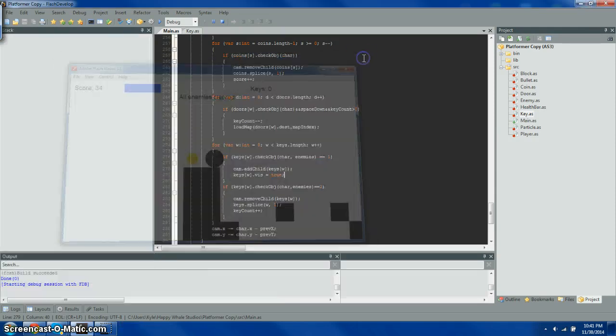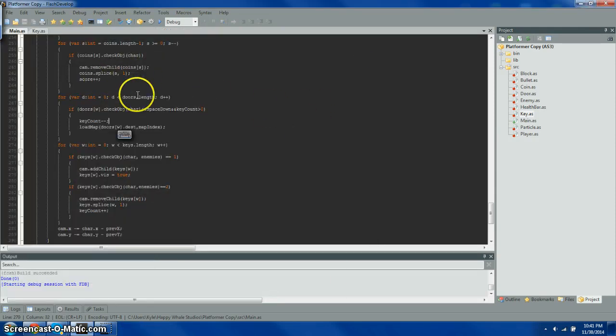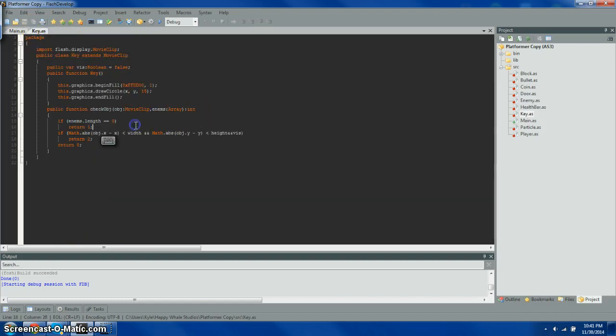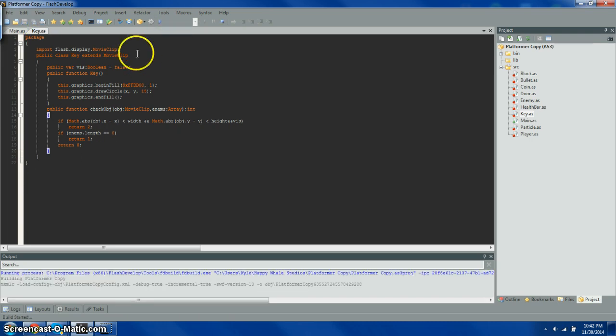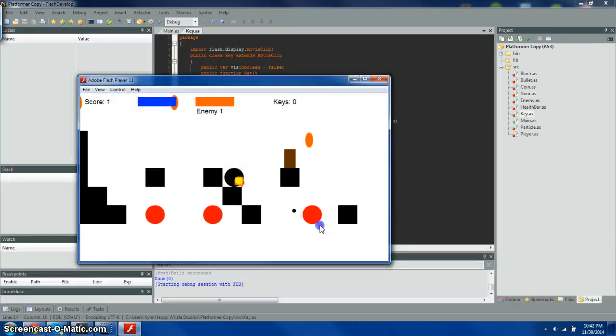It's not letting me pick it up now. Oh, okay, it's going to keep returning 1. So we're going to have to put this after this, because when something returns, it doesn't run the rest of the function. So if we switch the order of those two,